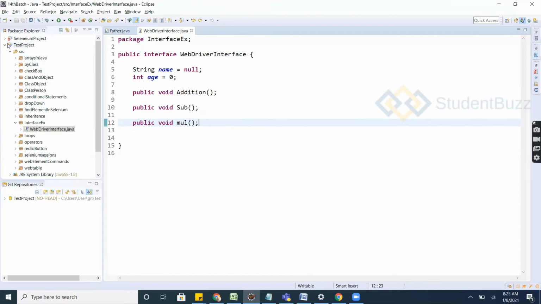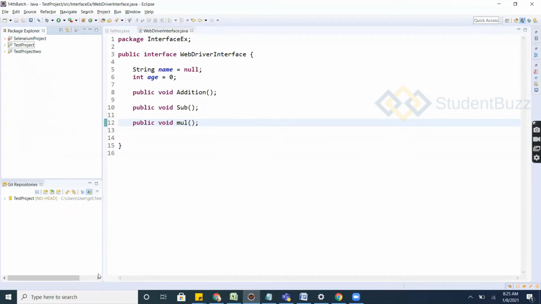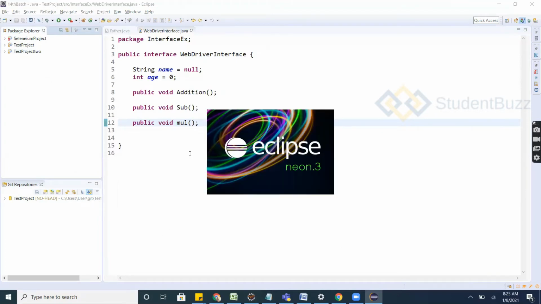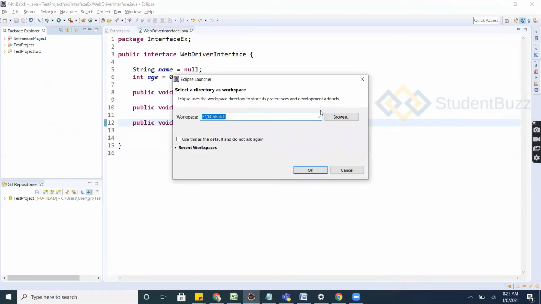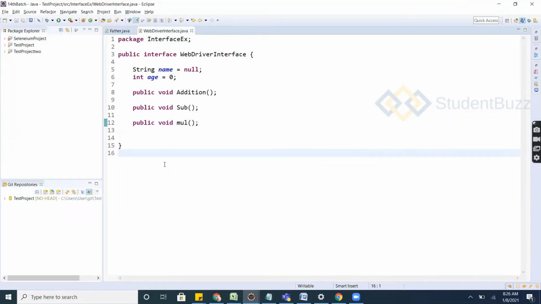Let's say the same way, as we were discussing right now about WebDriver. WebDriver is an interface, and we create a reference variable for the WebDriver and use these WebDriver methods to work on it.